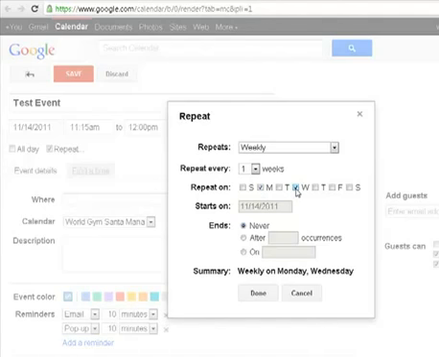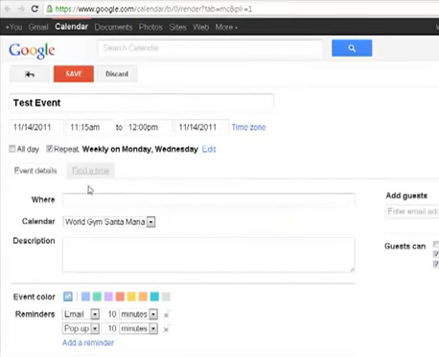So we'll click there, and where it says ends, it defaults to never. And so that's the way we want to set it up on the calendar. This is an event we want to repeat on Monday and Wednesday, and we don't want it to ever end. Okay, we'll click Done. If we have any extra details like where it will take place, we can put here,